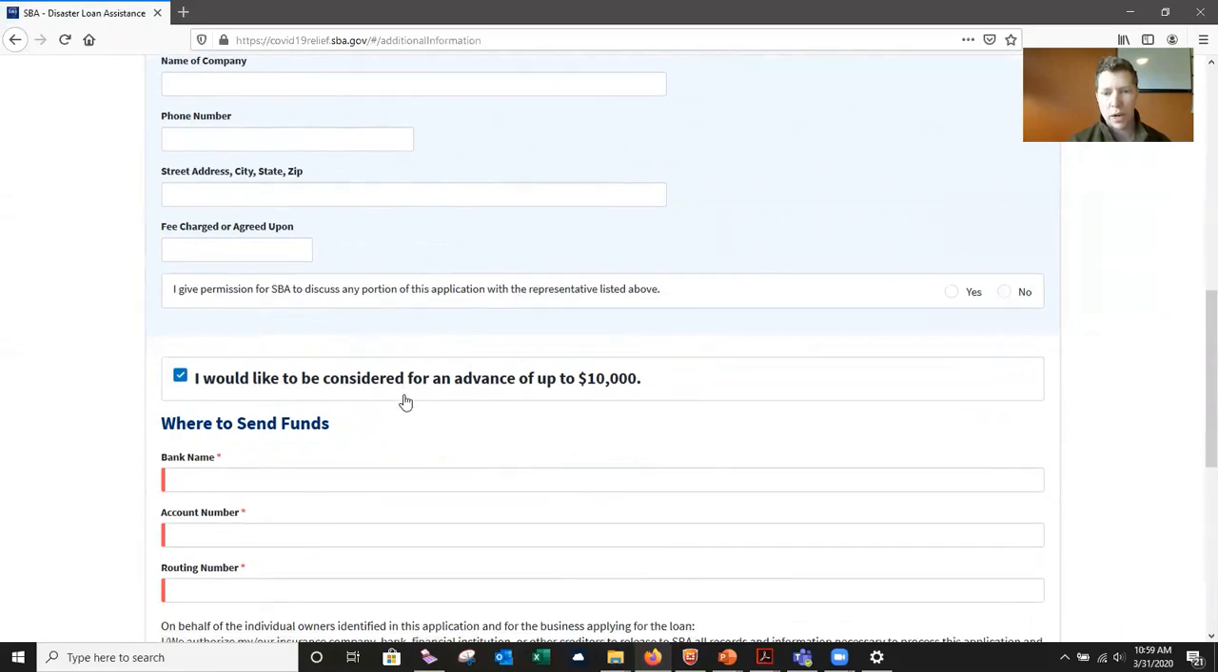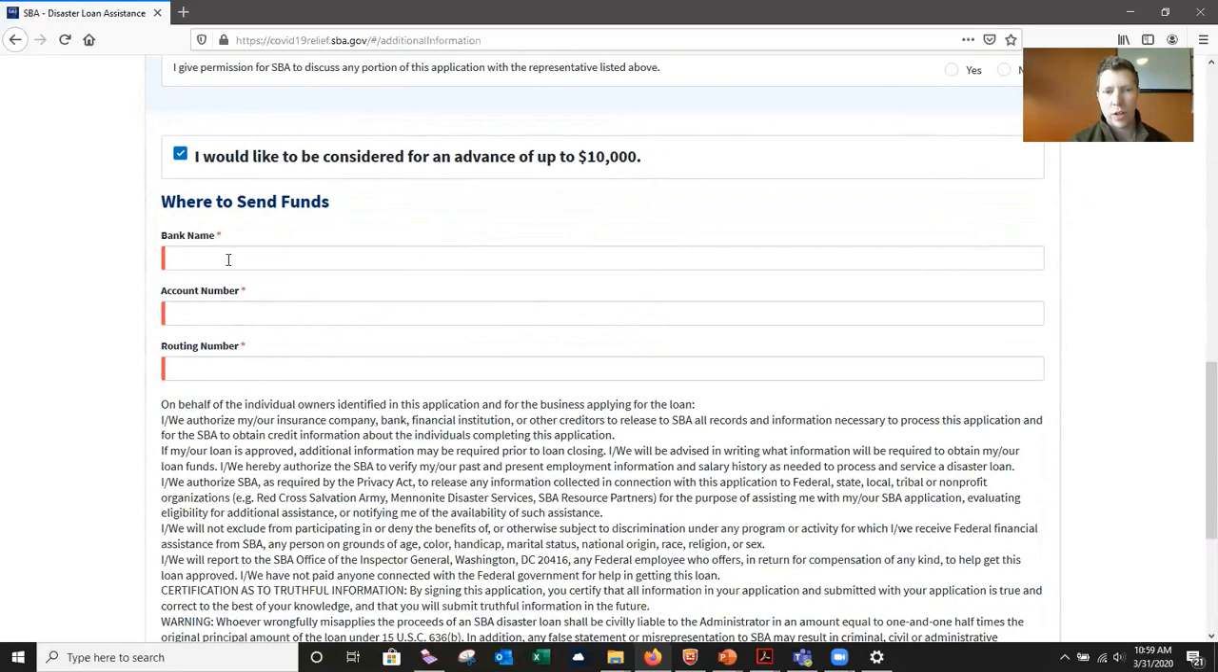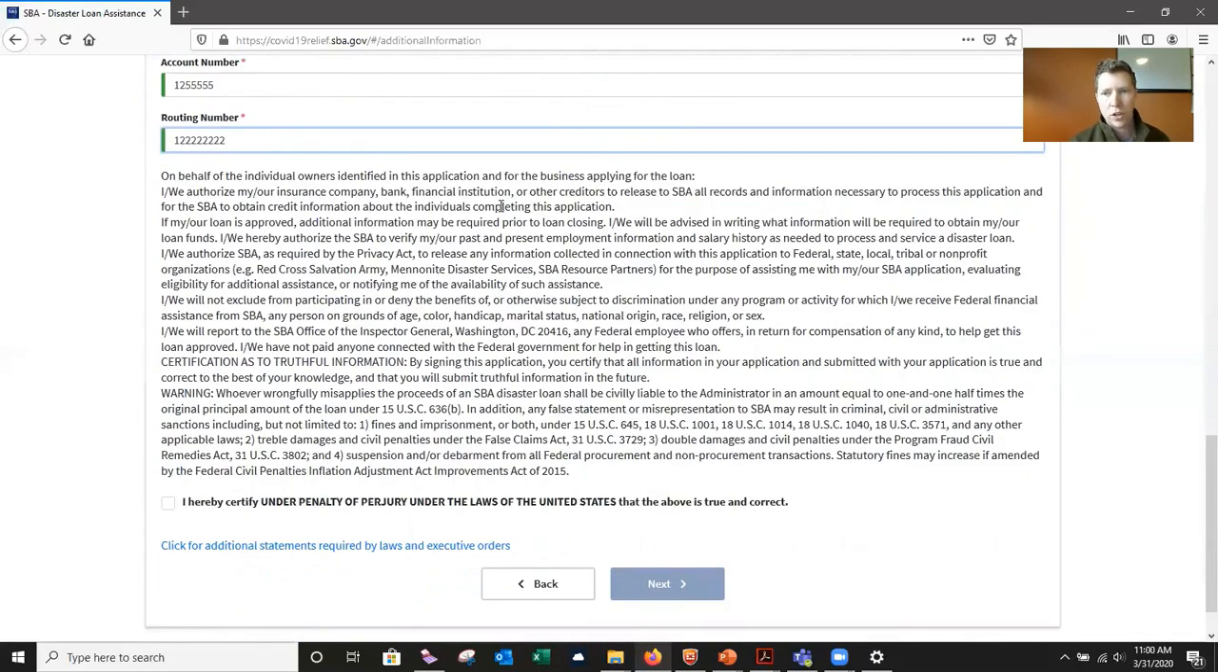And then check this box if you'd like to be considered for the $10,000 advance, and fill out the banking information that you would like that money to go to. So this should be your account number and routing number, or where you want those funds deposited. You can read through this. It's basically just asking if you are being truthful and applying for this money on behalf of your business. So go ahead and read and check. And then when you hit next,